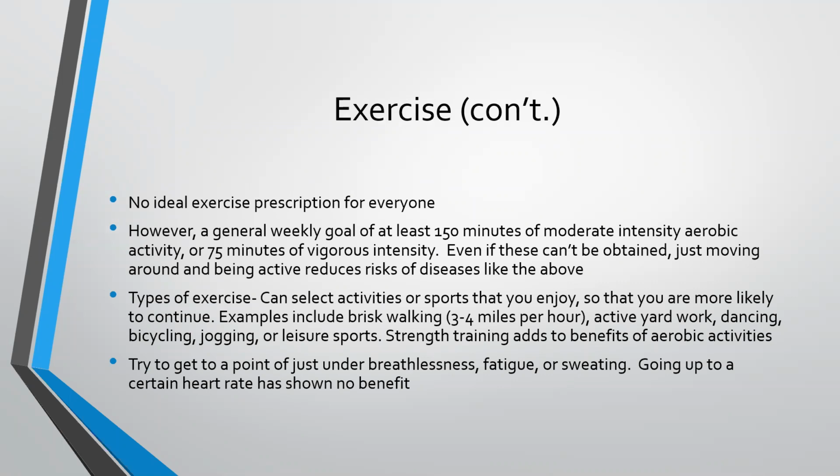Obviously, everyone has different needs and different restrictions. Some people have issues with their knees or hips that limit them. But generally, a weekly goal is 150 minutes of moderate intensity aerobic activity or 75 minutes of something really vigorous. For example, walking around, usually a brisk walk, not just a saunter at a couple miles an hour, or doing yard work. Once you start to get up to playing tennis or bicycling for distance or for speed, you're getting into vigorous intensity.